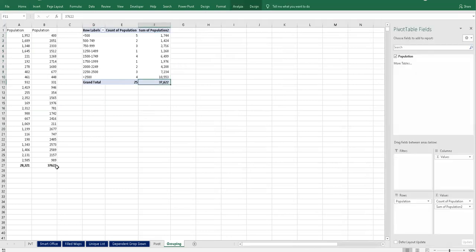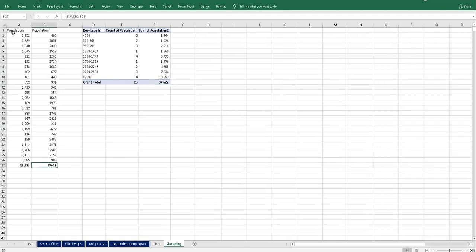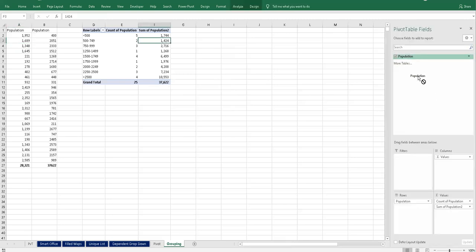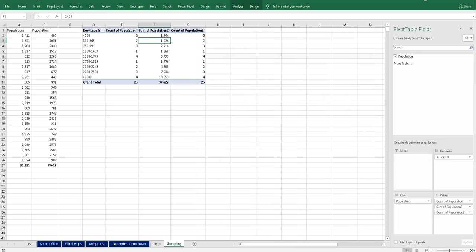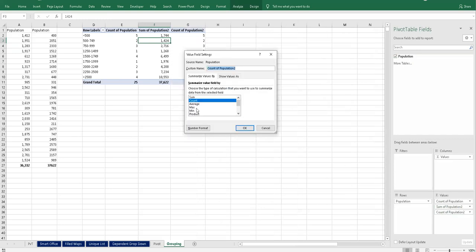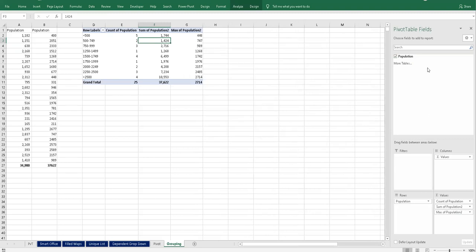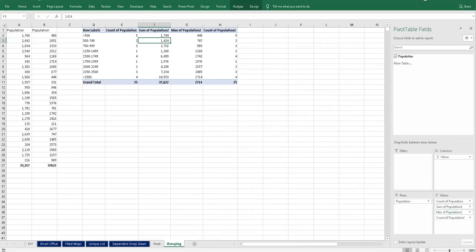You see 37,622 is matching with this one. Ignore this because this is the dynamic number. It has been changing automatically. So this is one. And then the same information, because I'm just giving you a concept of grouping. You should know what exactly we can do. We can take the maximum. Again, we will take the minimum